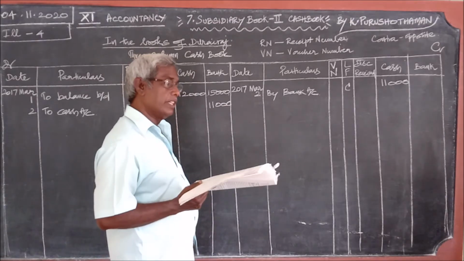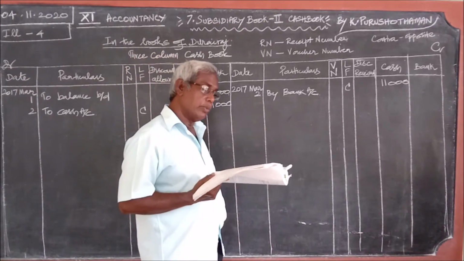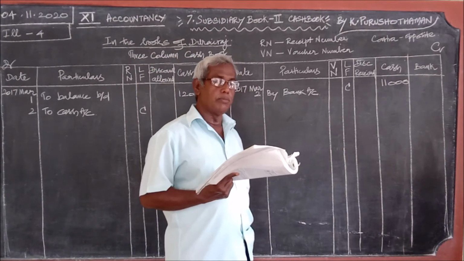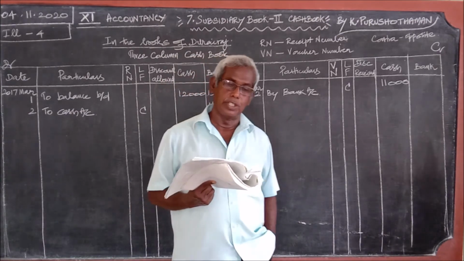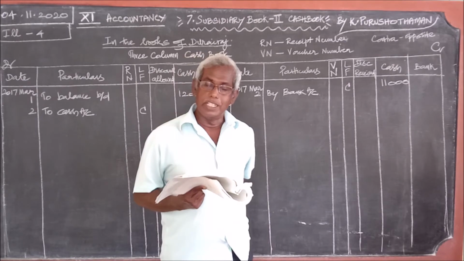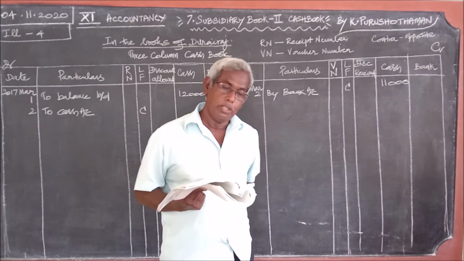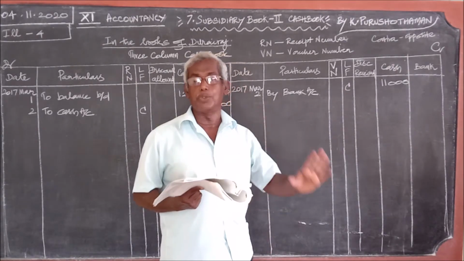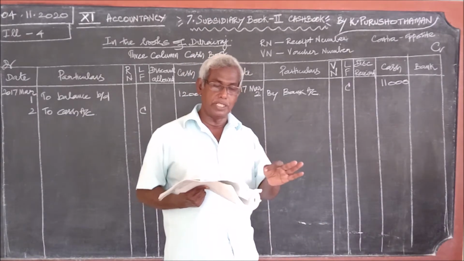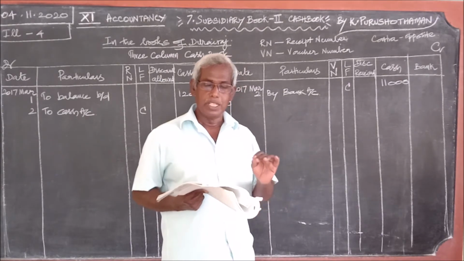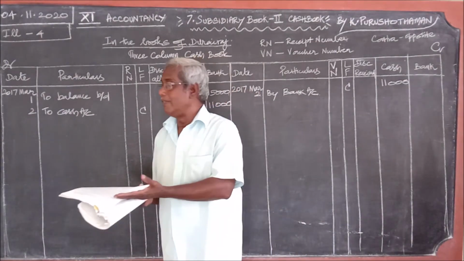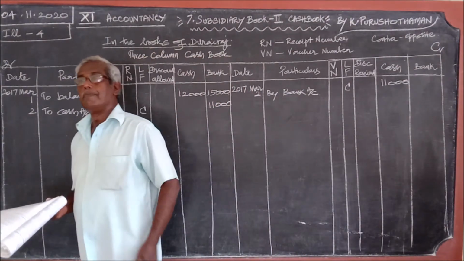Okay, that is given on page number 181, above illustration 4 itself. When two accounts are involved in a transaction, that is cash account and bank account, both the aspects are entered in the cash book. As both the debit and the credit aspects of the transaction are recorded in the cash book, such entries are called contra entry. That's what it is. In different words it is given in the textbook.